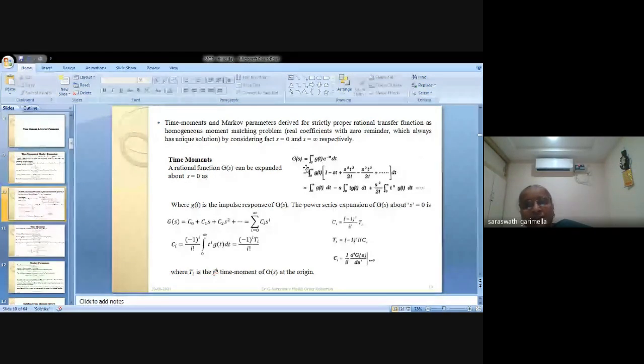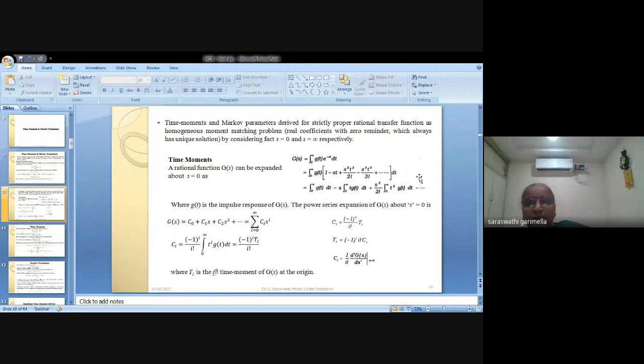So the Laplace transform of g(t), if you take the Taylor series expansion of e to the power of minus st, you get 1 minus st, plus s squared t squared by 2 factorial, minus s cubed t cubed by 3 factorial, like that, and multiplying you will get this series. So if I write G(s) in this form and equate the coefficients,